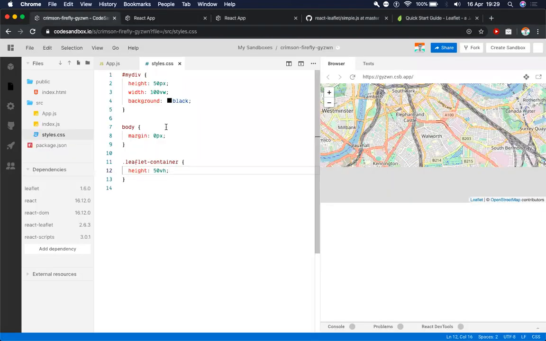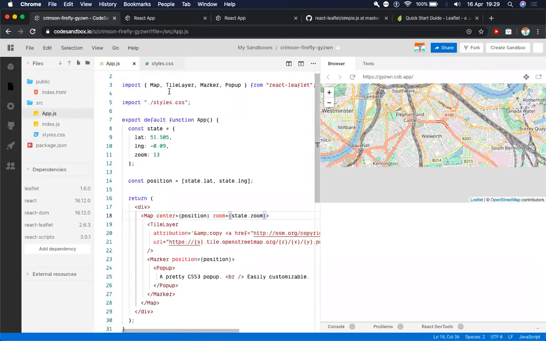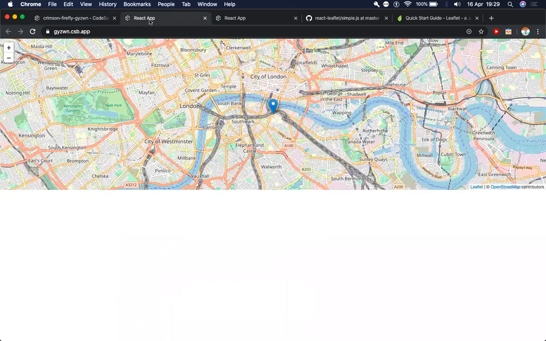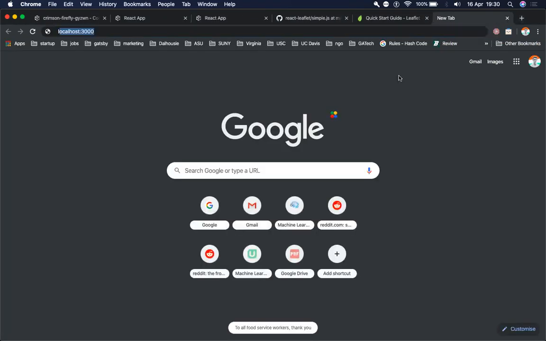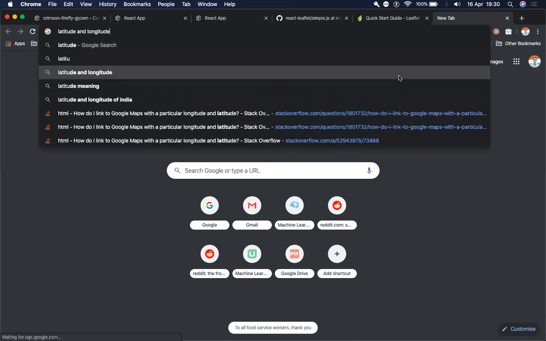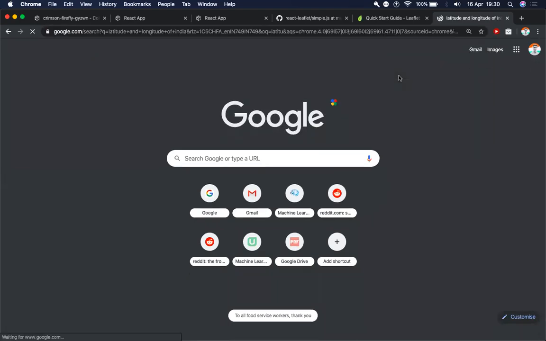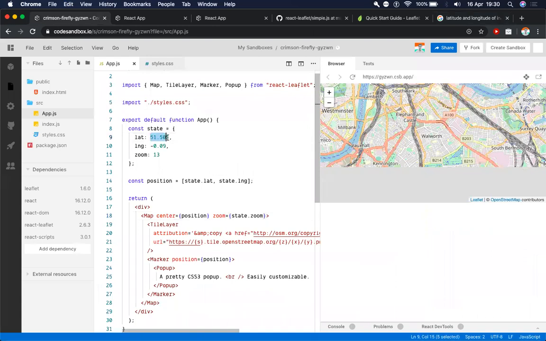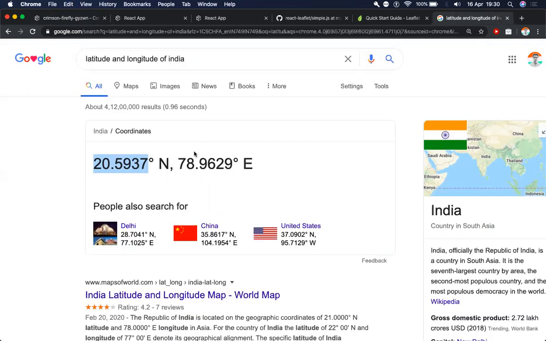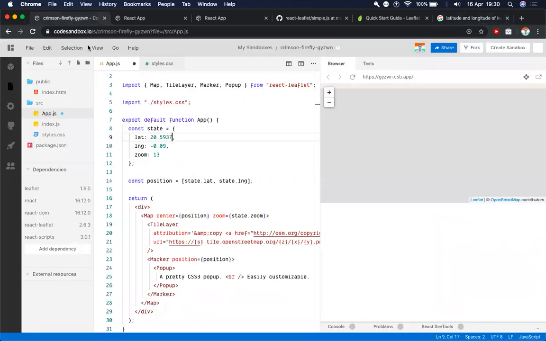So the default latitude and longitude that they have given us is of London, but that's not really helpful for us to visualize this. So let's say that we take the latitude and longitude of the center of India. So let's just search that right now, latitude and longitude. Okay, or let's go for latitude and longitude of India. So helpfully Google prints the direct numbers here. I copy this latitude from here, I paste it here. I copy the longitude from here and I replace the longitude value here.